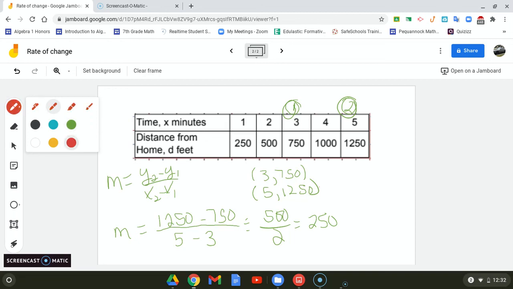If you remember back, we used this point and this point, and we got a rate of change of 250 feet per minute. And now, using 2 different points, we used these points, and we got, again, 250 feet per minute. So as you can see, rate of change and slope are the same thing. They can be calculated the same way. It's just using the context. In this case, our x is minutes and our y, or in this